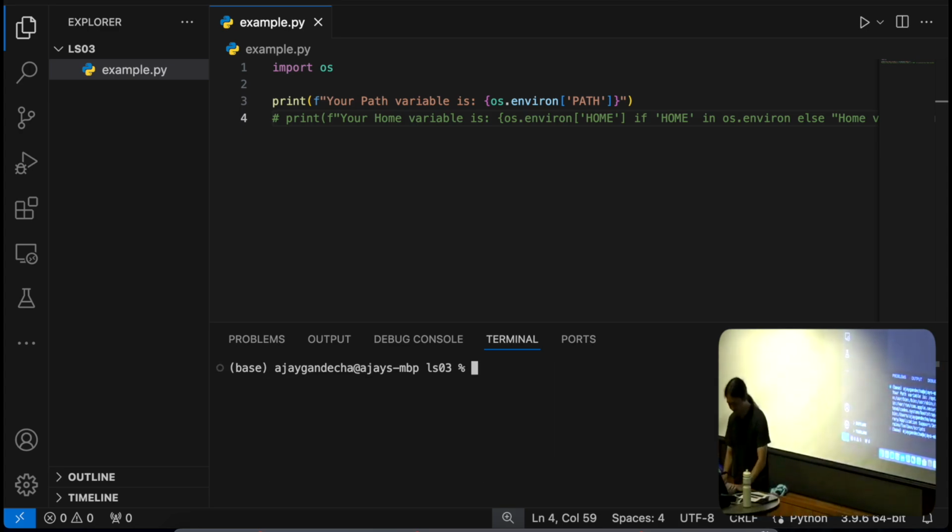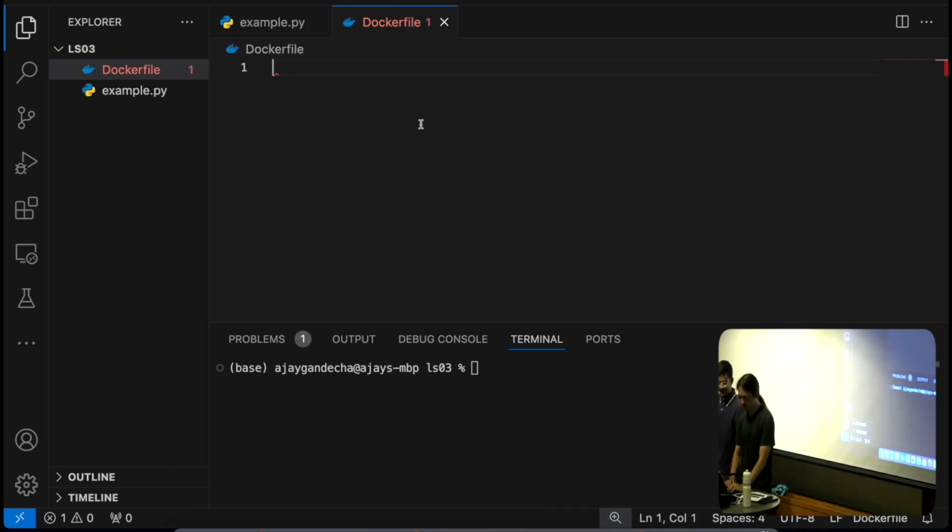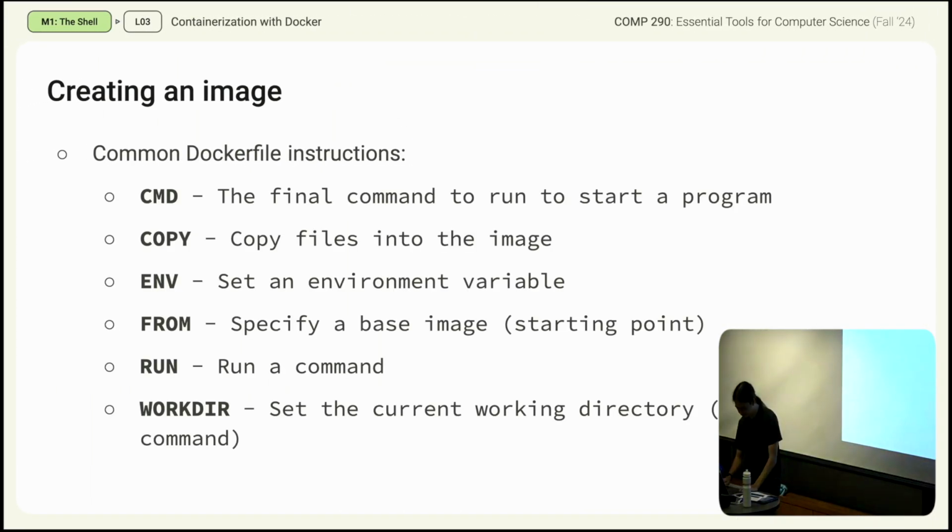So let's go ahead and containerize this, right? First we're going to have to make an image. And to do that, I said there's this thing called a Dockerfile. That's literally what it is. It is just a file. We're going to go ahead and create a new file here. Let's call it Dockerfile. And you'll see, it's supported by VS Code. You get a nice little icon there. This is it. So you just put it with your other files, and now we can write our instructions in here. So if we reference back here,